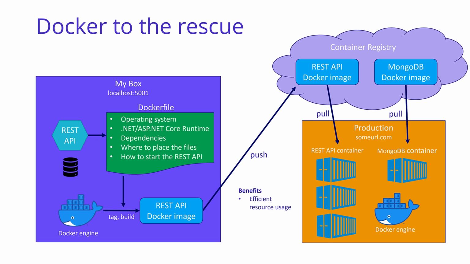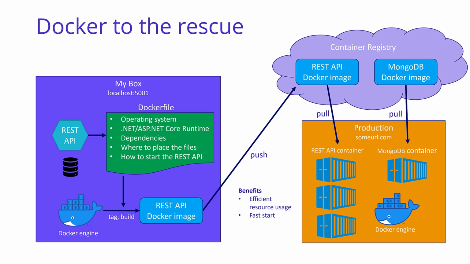Spinning up a new Docker image does not take a lot of RAM, does not take a lot of disk space, because there's a lot of caching happening in there by this thing called layers in Docker. So memory is only going to increase in terms of what exactly is needed for your image, for your service, for your REST API. And so you can really fit many more instances of your REST API, and in this case also of your database, in the same production box as you could before, when you could fit just one instance of your REST API or your MongoDB database in the same production box, right? So you can fit much more